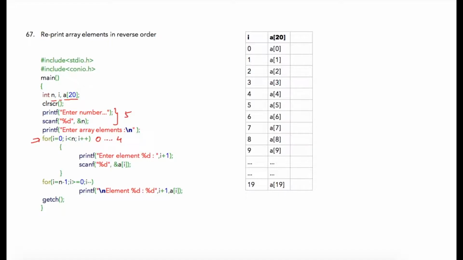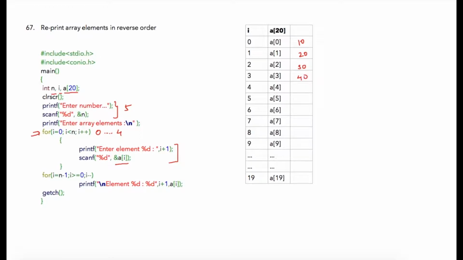4, and then I'm going to accept these array elements, and those values will be stored subsequently starting from array of 0, array of 1, array of 2, and so on till array of 4. So suppose user has entered 10, 20, 30, 40 and 50. So in order to print in reverse direction, our second loop for printing these array elements to start from this